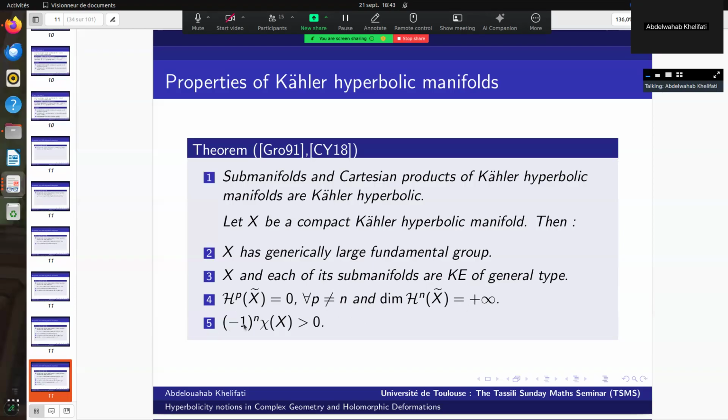Using this property, Gromov proves a statement that partially answers a conjecture by Hopf and Chern, which conjectures that a negatively curved Riemannian manifold satisfies this. At least it is answered in the Kähler case, because negatively curved Kähler manifolds are included in this category of Kähler hyperbolic manifolds. So this category of manifolds is very interesting. It answers quite interesting questions, and